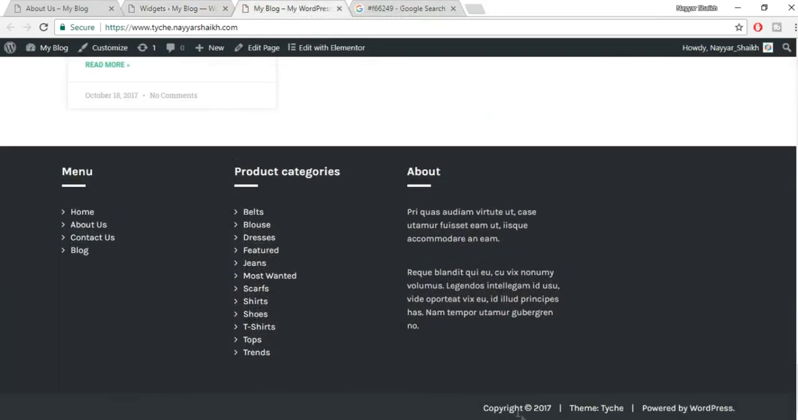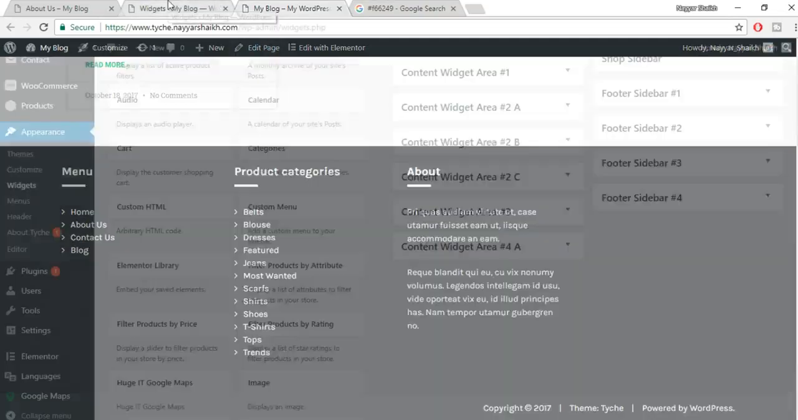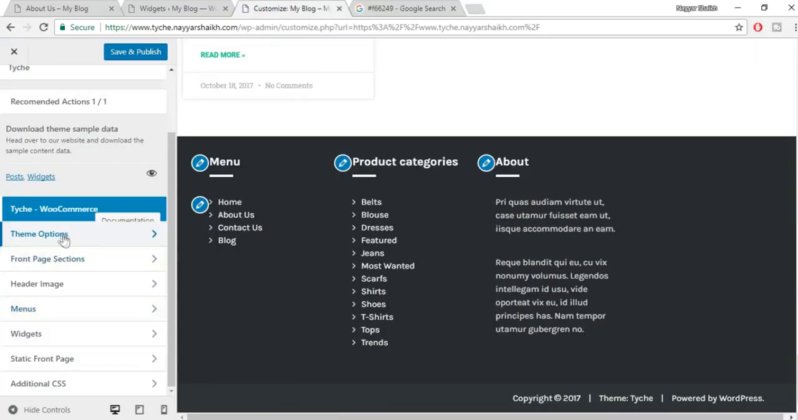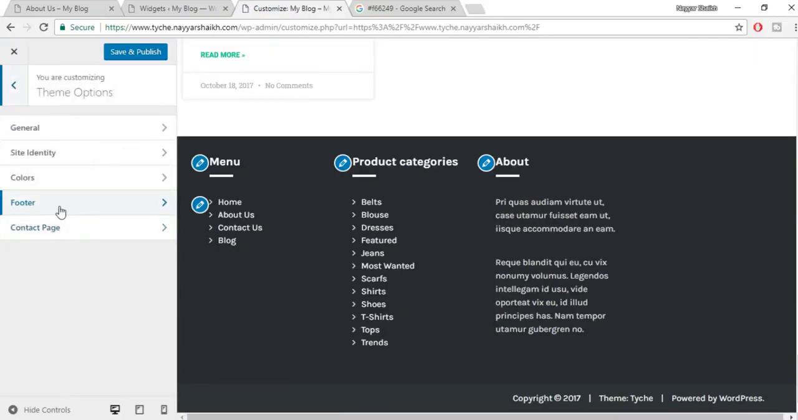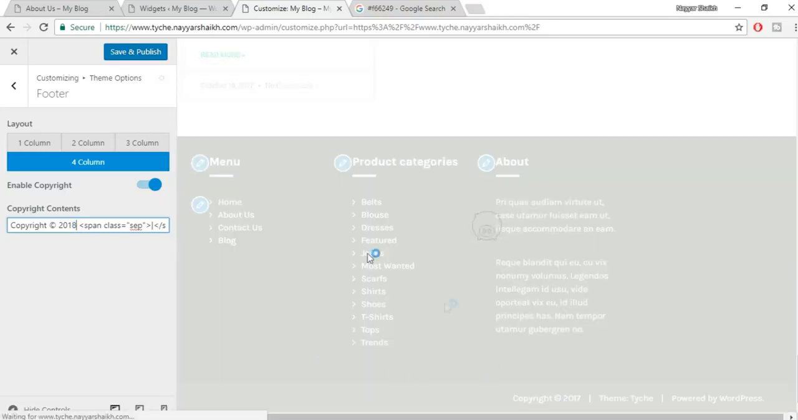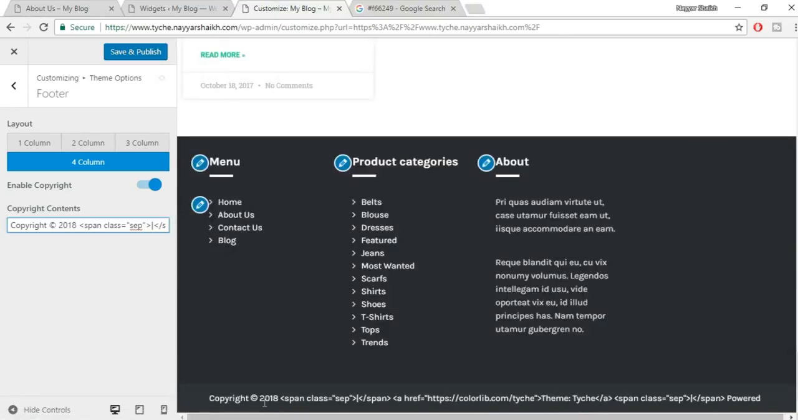Now let's see the last option, the copyright and the bottom footer widget. Suppose you want to change this thing and you want to change this powered by WordPress. So for that, click on customize and click on over here which says theme options, and under that you'll see footer, and here you have 3 different columns or 4 columns, whatever you want, and this is the copyright text. So suppose I want copyright at year 2018, so I'll put in 2018 over here, and you can see the changes are taking place over here. So instead of 2017 we have 2018,